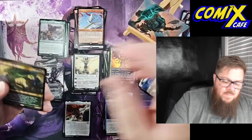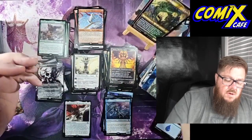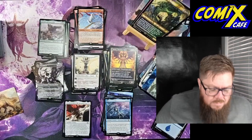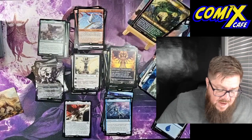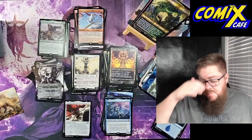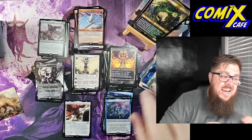Wouldn't you say the same thing? I think we did really, really well. Is it weird that I'm excited about the Yargles? Obviously, Ragavan has great value. Atraxa is high value. Those are both good cards. If there is any of the stuff that you want,